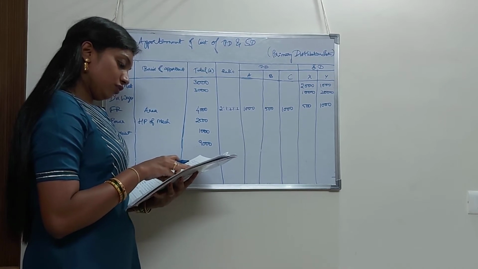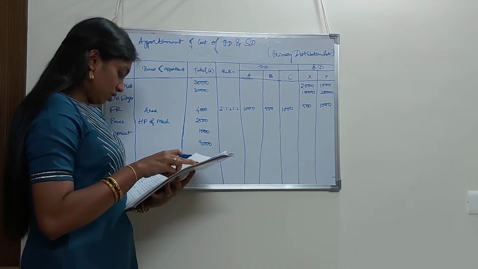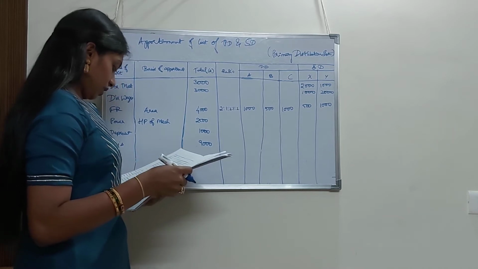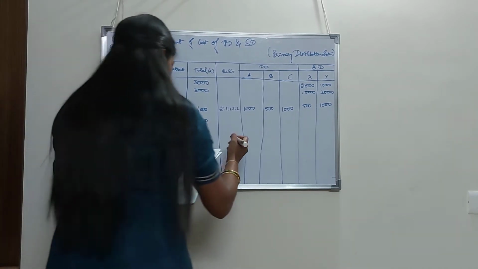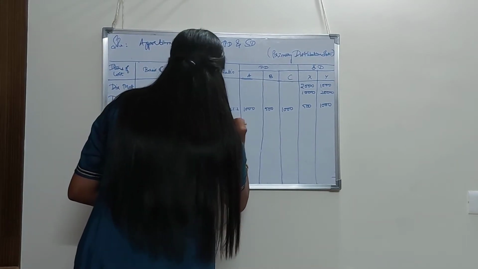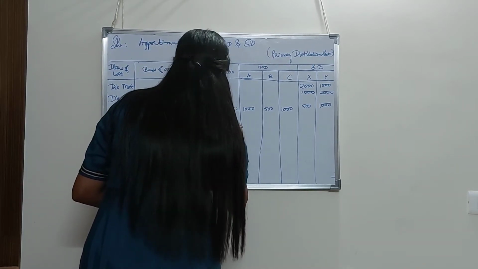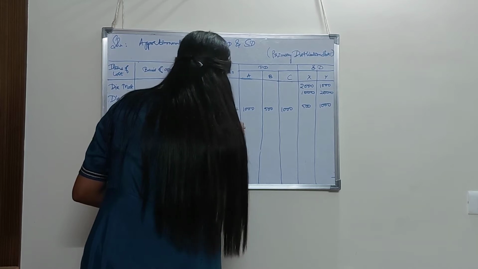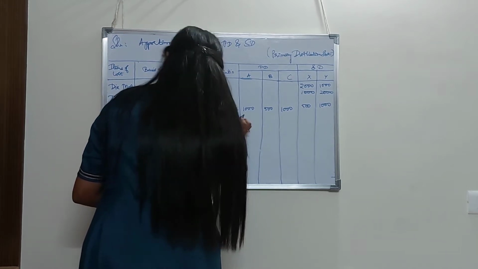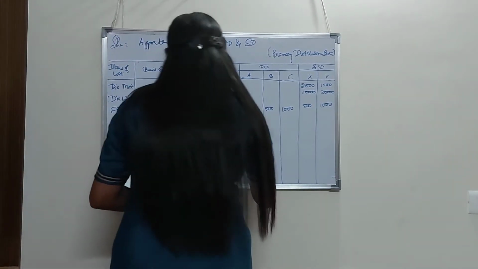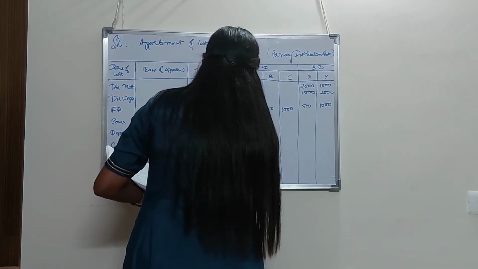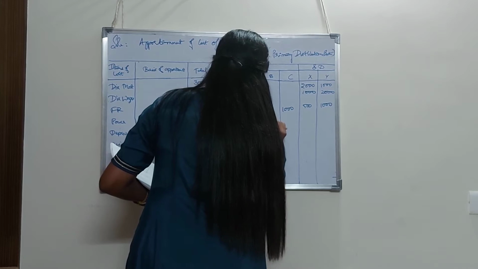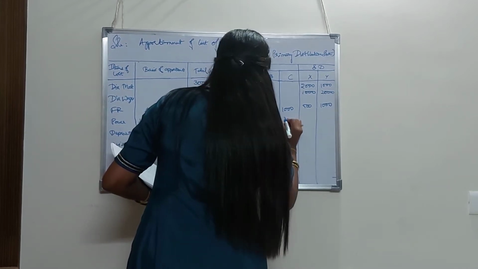So 50, 40, 20, 15 and 25. Again it would be in the ratio of 10:8:4:3:5. So it would be reapportioned, and it would be 833, 667, 333,